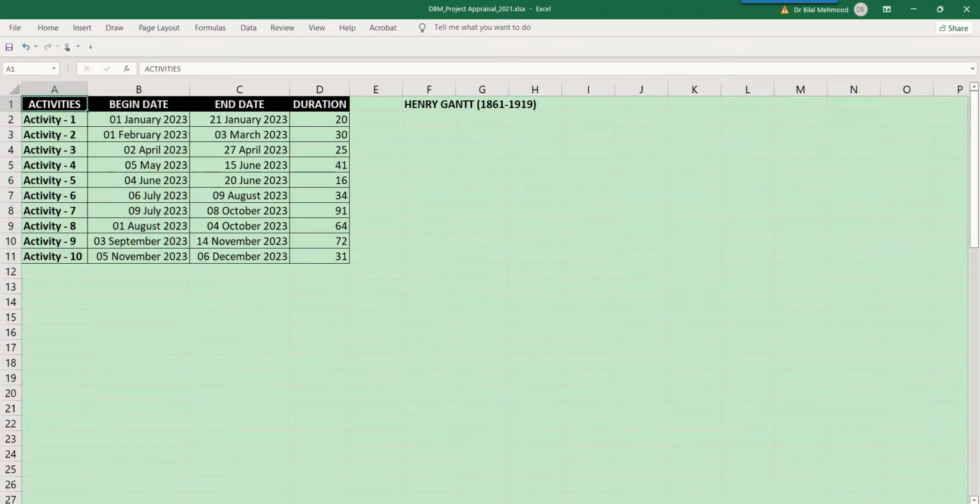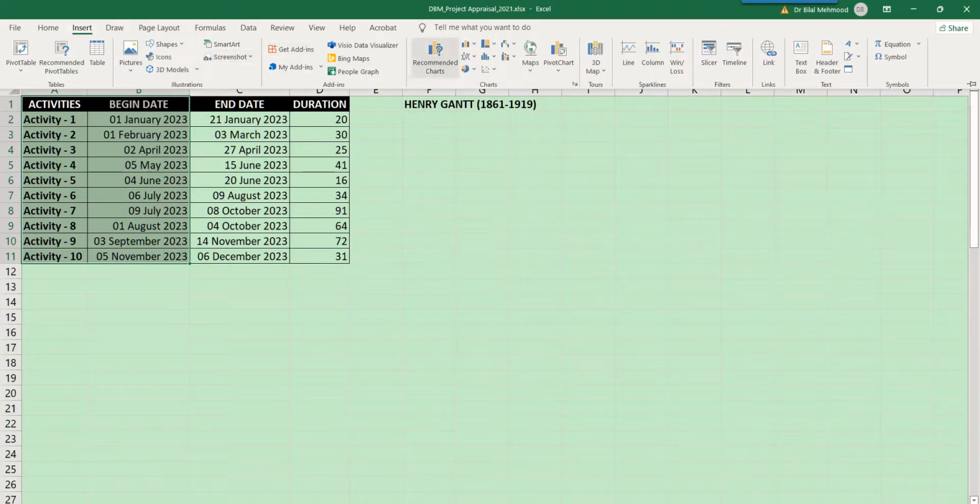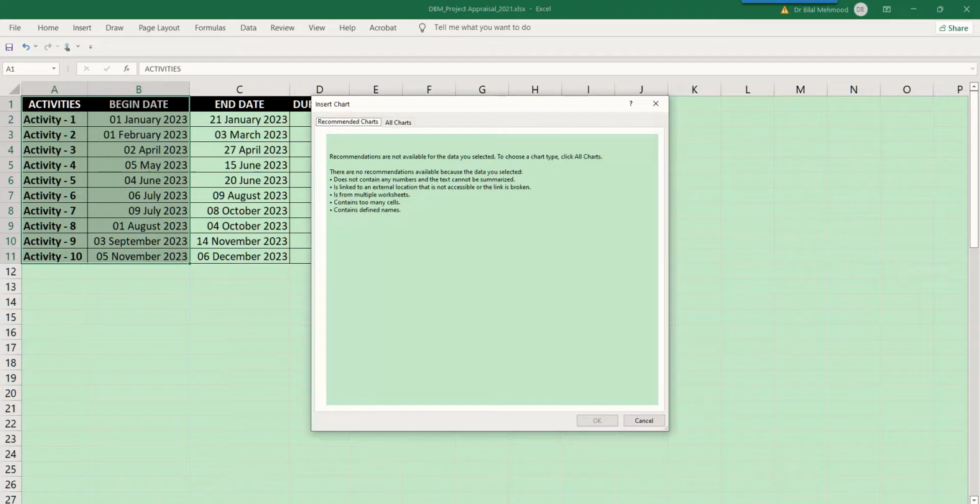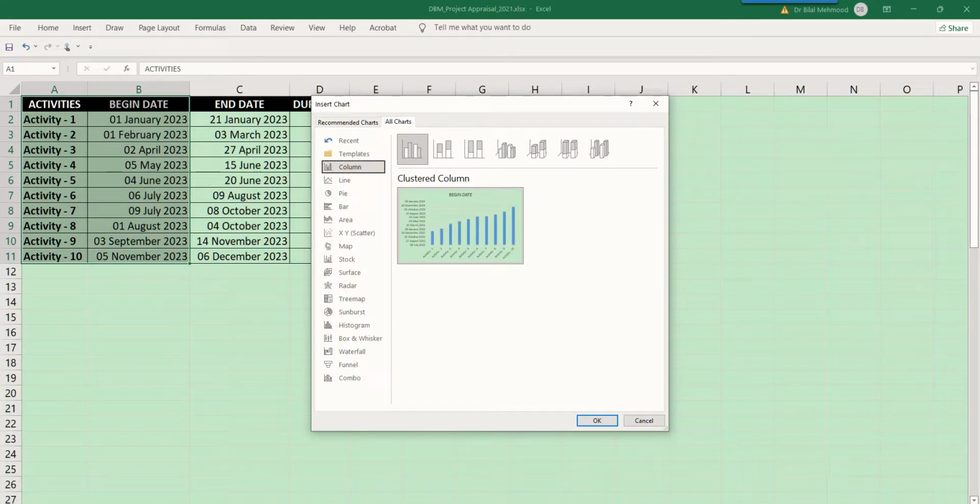Now we come to the plotting of the graph. For this we need at least 2 variables, that is in this case activities and the beginning date. We go to the insert tab, and in the insert tab we have recommended charts. We will get this recommendation tab, but we should go to all charts so that we could choose that type that we have imagined more suitable. Here there is column type, and there is line, pie and bar and all those types, out of which we will choose the